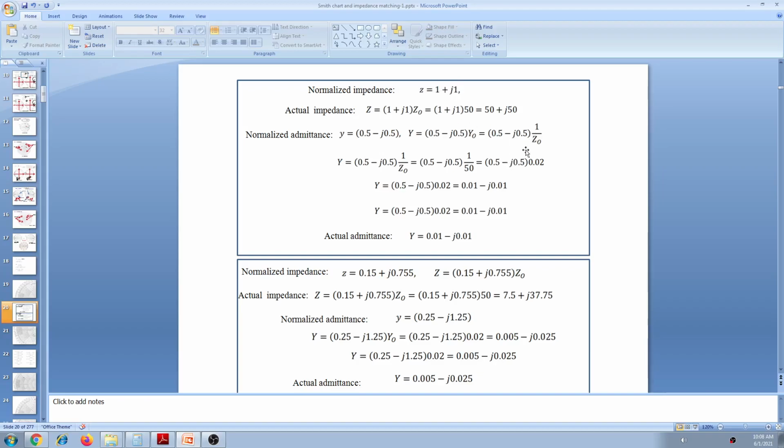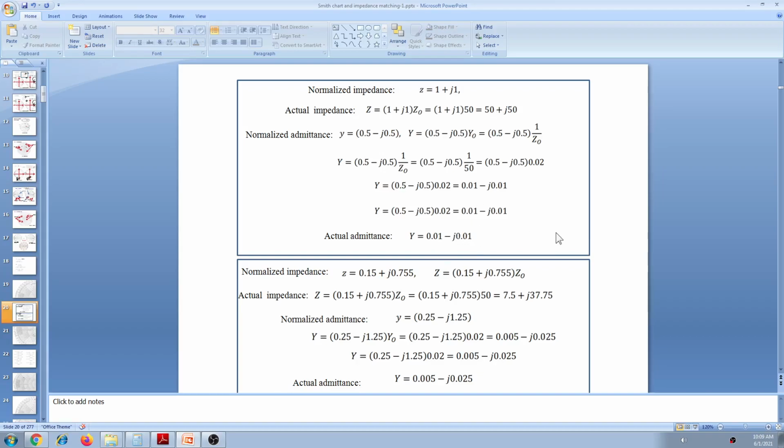So corresponding to this normalized admittance is this. To get the actual value of y, that is the capital Y I have indicated, multiply this normalized value by capital Y naught, that is 0.02, 1 by z naught. Okay, we got this. So we multiply 0.02 with this, and we will be getting this value. So this is the actual admittance equivalent to the actual impedance given. You can verify this in your calculator. Do 1 over z, and you will be getting this.